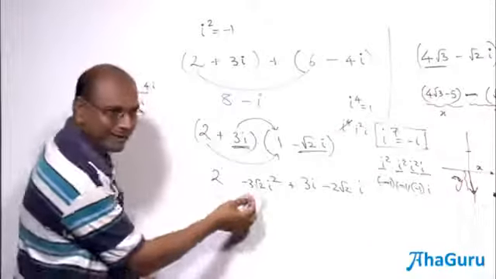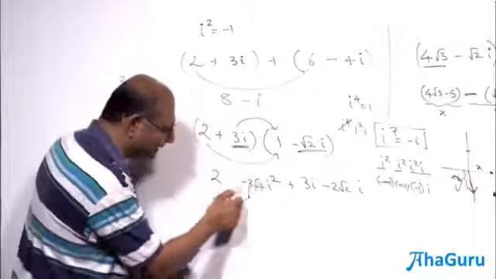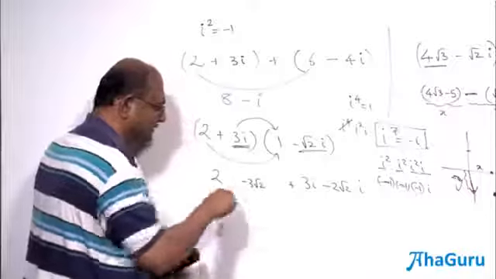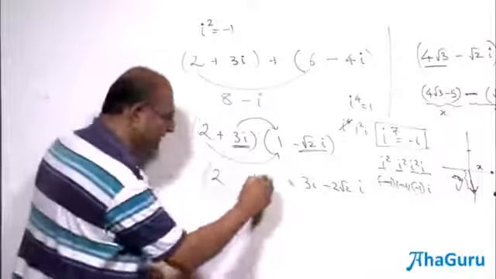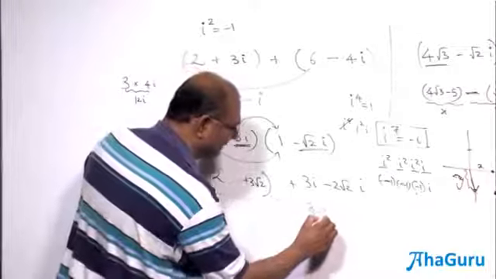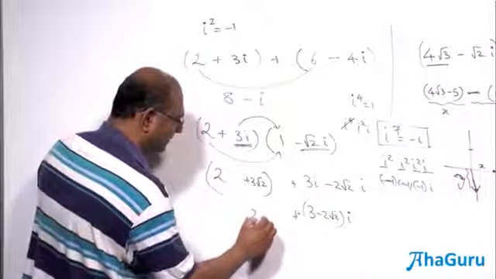Anyway, right now I don't have to worry. It's only simply minus 1. So if I put this as minus 1 into minus becomes plus. And so we can just simply write this as this quantity. This is the real part. And now let us write this 3 minus 2 root 2 times i. That is the imaginary part.